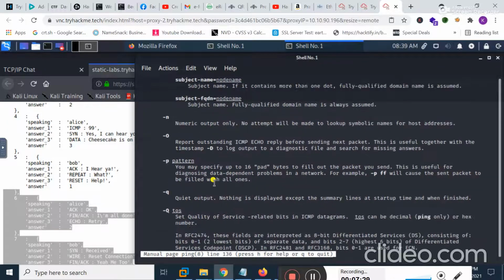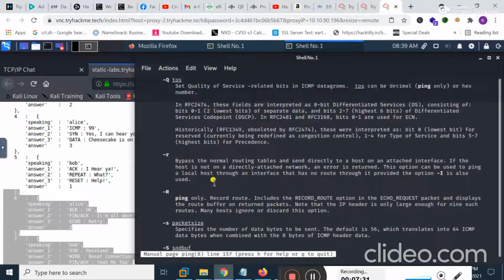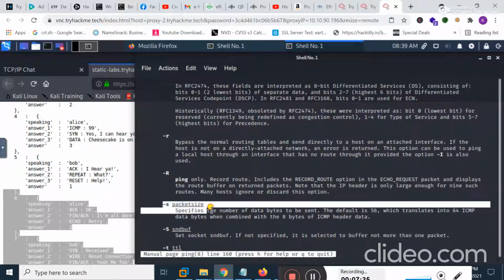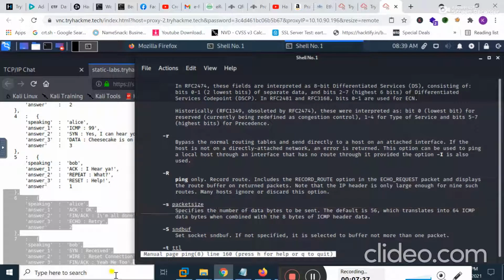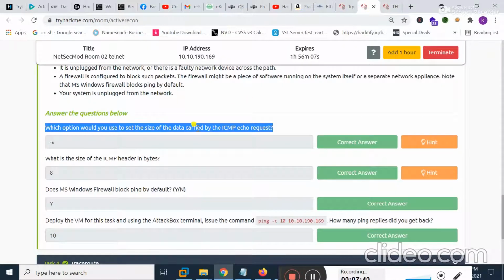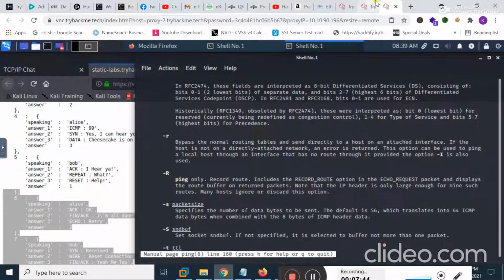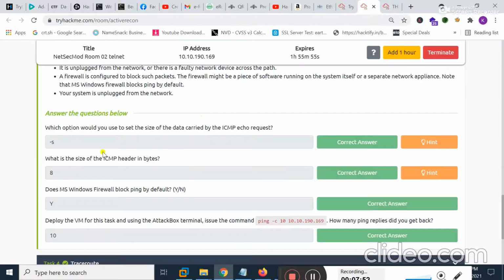I have already solved this question, and see here, the -s switch you can use in order to set the size of data carried by the ICMP echo request. See here, which translates into 64 ICMP data bytes when combined with the 8 bytes of ICMP data header.